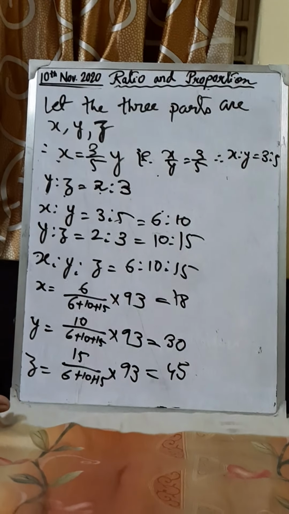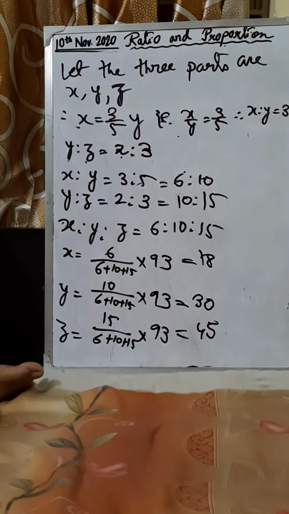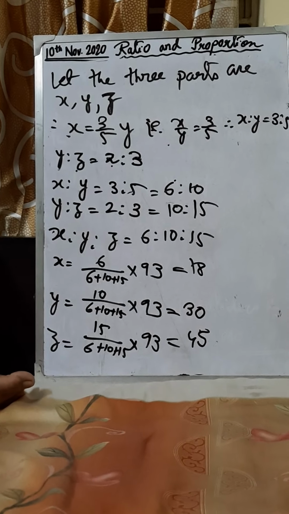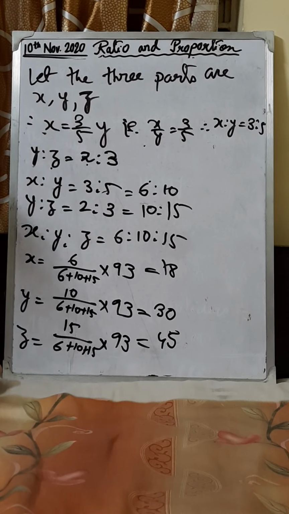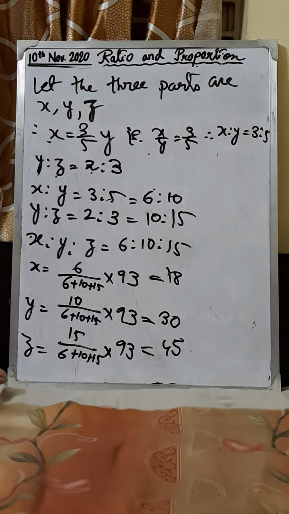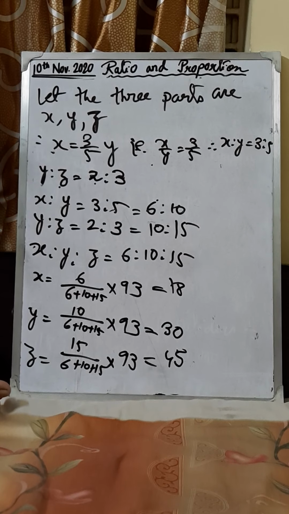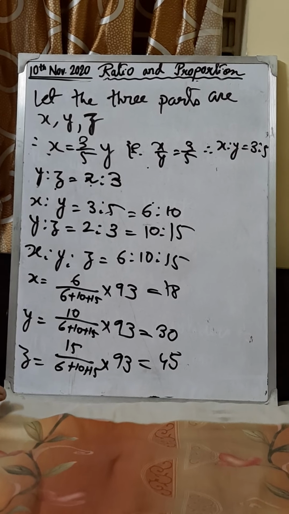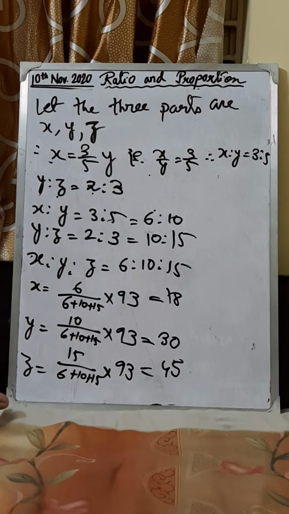Now you start exercise 1. If you have doubt, then ask me. If the chapter is not yet finished, don't ask me questions for that chapter, because if it is not done in the class, why are you asking these questions? Proportion is not yet done. After finishing the proportion, I will show you how to solve the exercise on proportion. Okay. Now you can solve the exercise on ratio. Thank you.